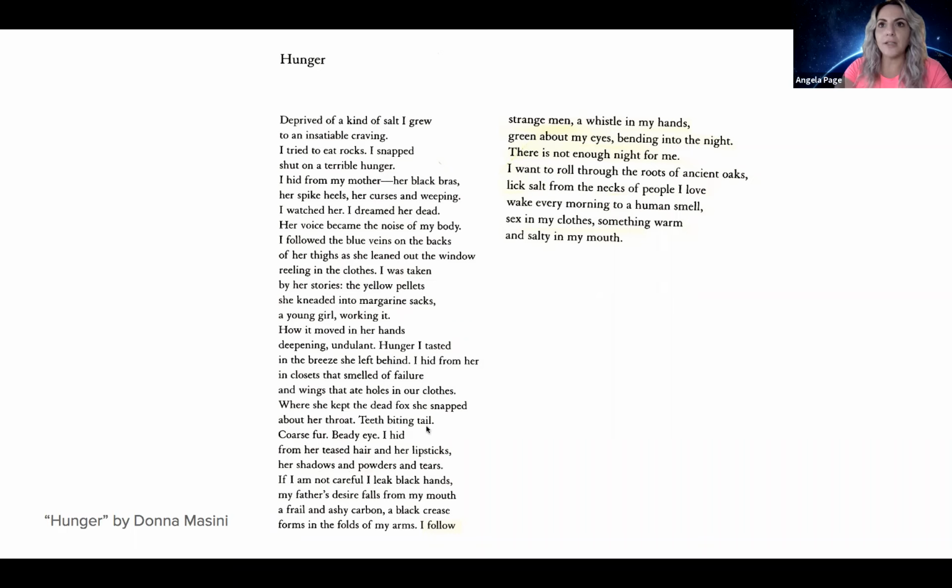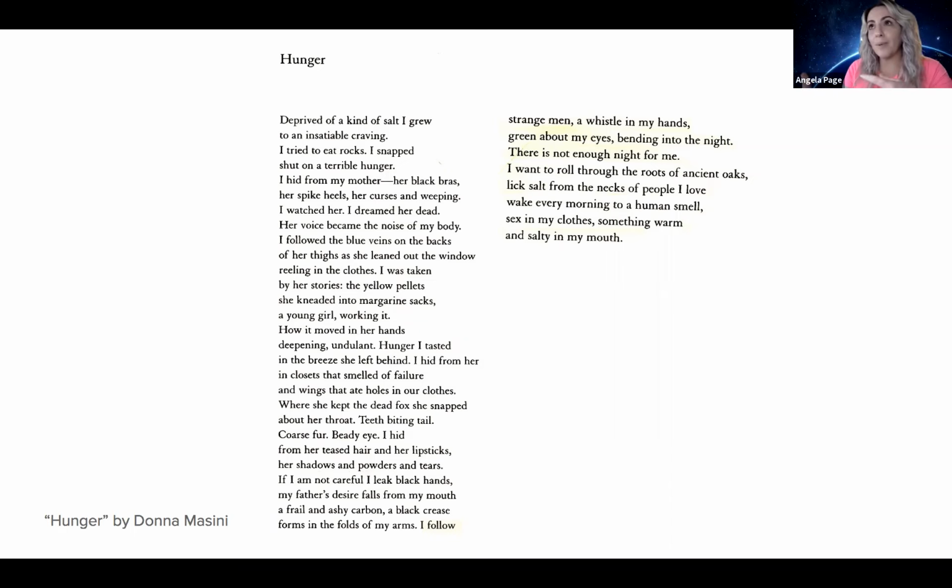Some other things, this description of what she wants. "I follow strange men, a whistle in my hands, green about my eyes." Green about my eyes must be eyeshadow, right? So really, a lot of really nice images here, things that really kind of set the tone for the poem. And for me, the images convey that this speaker, who is likely the daughter of the mother in the poem, is